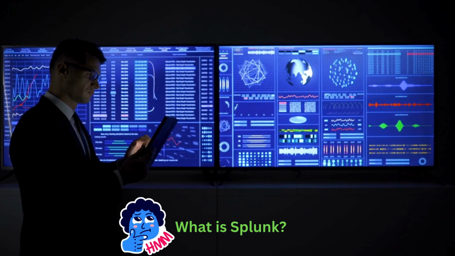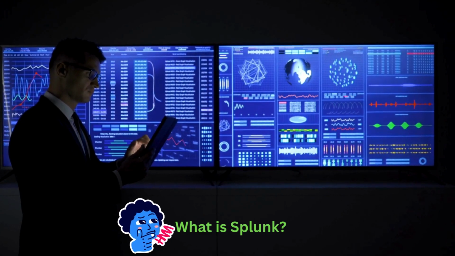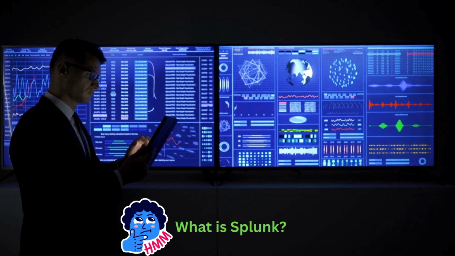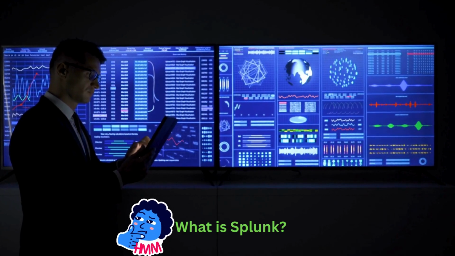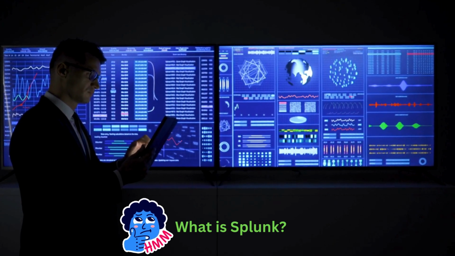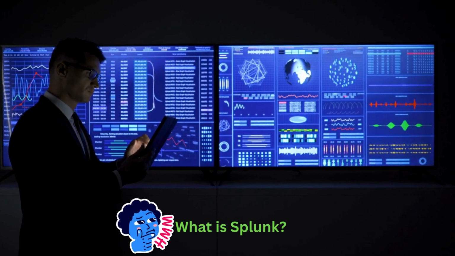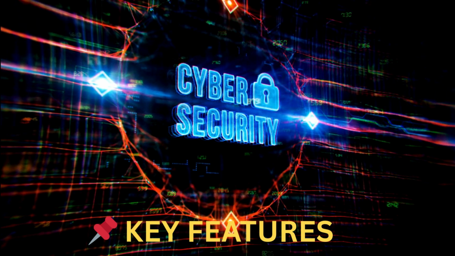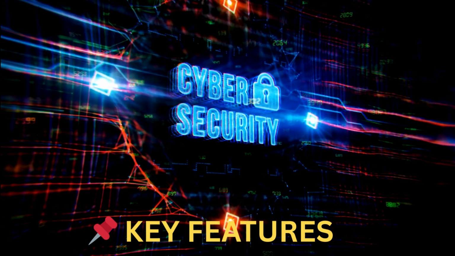In simple terms, Splunk takes your raw data, logs, metrics, events, and turns it into beautiful dashboards, real-time alerts, and actionable insight, right? So the most important key features